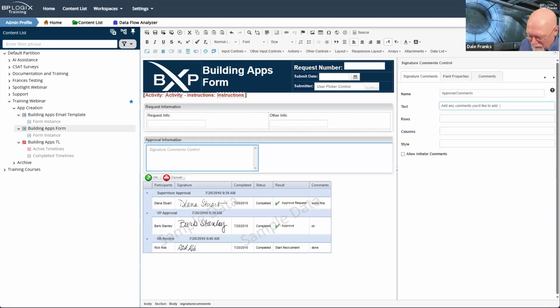I'm going to put disapproval requires a comment. There we go. Add any comments you would like to add. I don't think we need periods. We're not really writing sentences here. It's just a text label, but this is the label that will appear for that control.